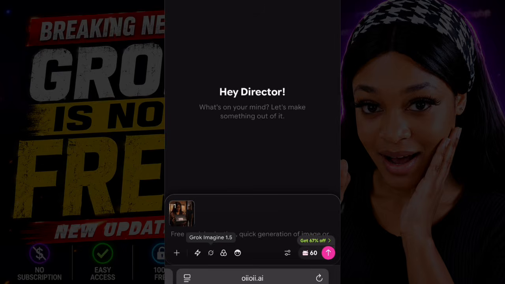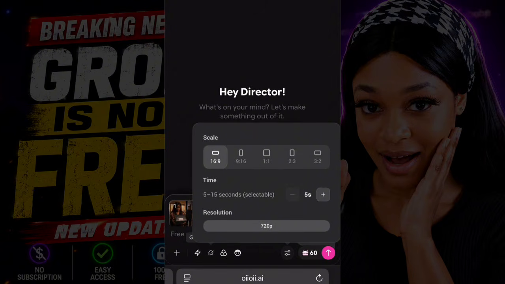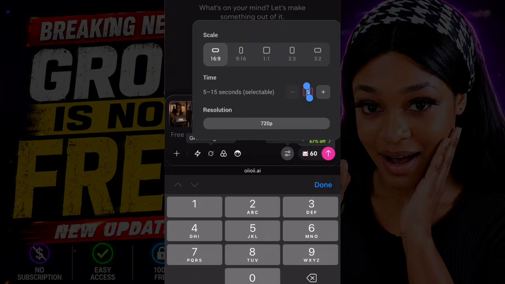You can see I selected Grok Imagine. My darling, you can see it is 60 coin here. The last video I did was 40 coin on Chrome. This is Safari that I'm using, for iPhone users, and it costs more. So use Chrome, which is just 40 coin. You can see you can change your seconds. You can choose how many seconds you want.